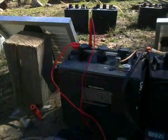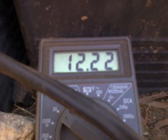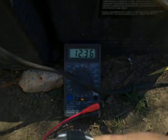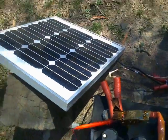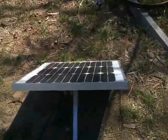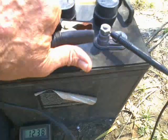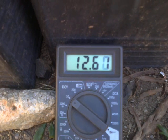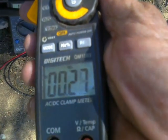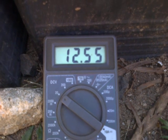And then we'll see how they respond after such a sudden drawdown in the current. Okay, so 5 minutes later, we're looking at 12.36 volts. So we connect the positive terminals to both of these panels, which are equally dappled in shade. That's the response to panel number 1. And we're looking at 0.3 of an amp, 12.55 volts,